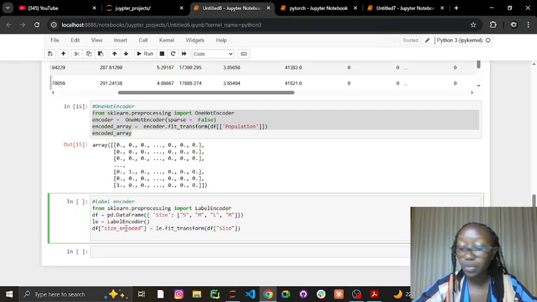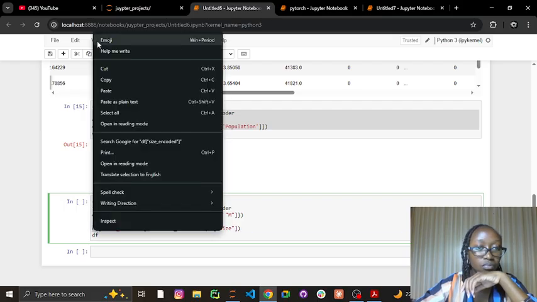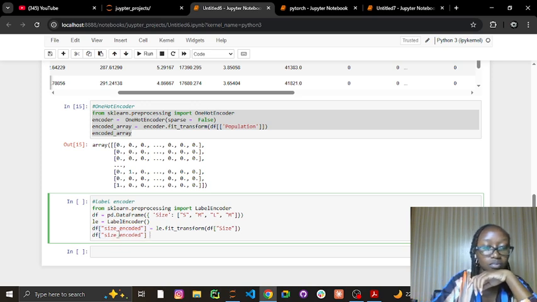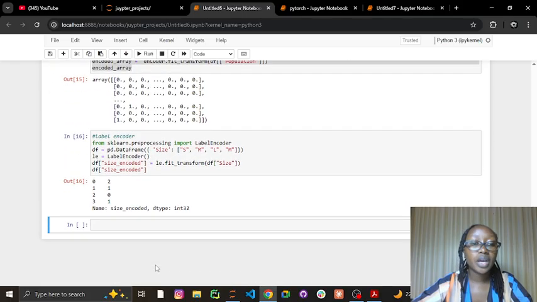If we do run, you can actually see our size encoded, and we can see that it ran from column 1, our size was 2, and